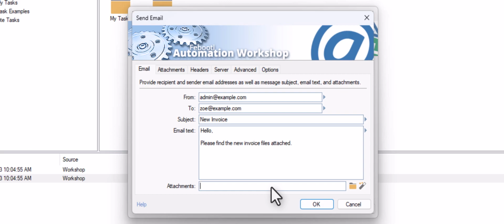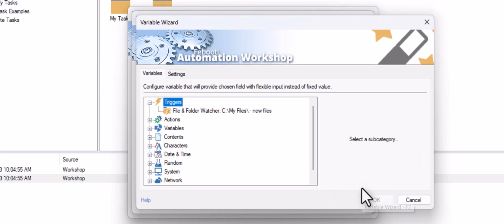Now let's attach all 3 files to our email message. Remember, since we can't predict which file name will be added to the monitored folder, we should always use the variable wizard in these cases. I will take the PDF file from the trigger.